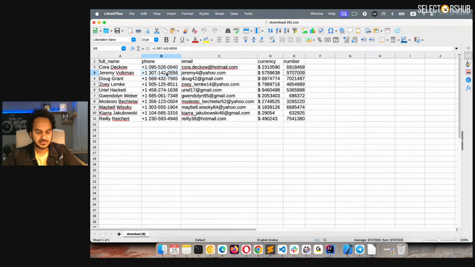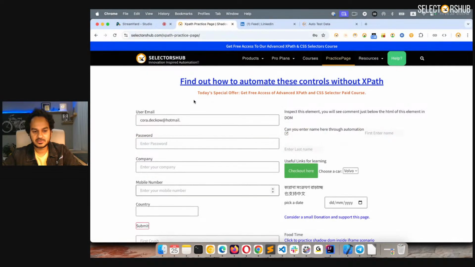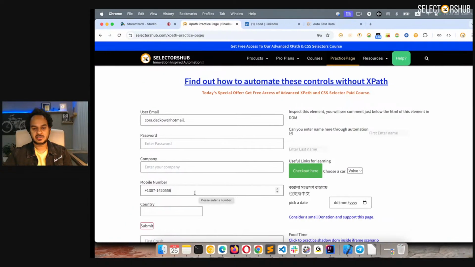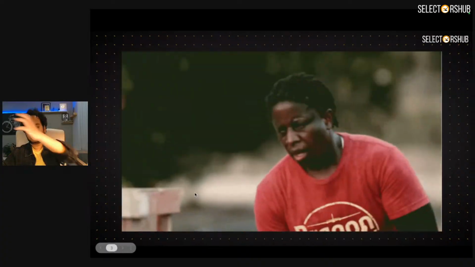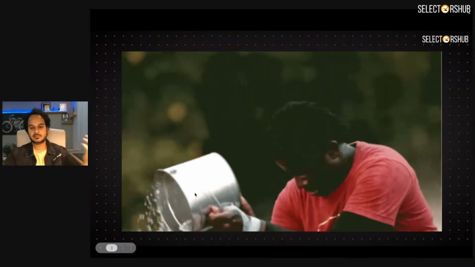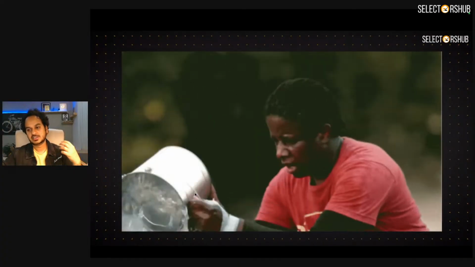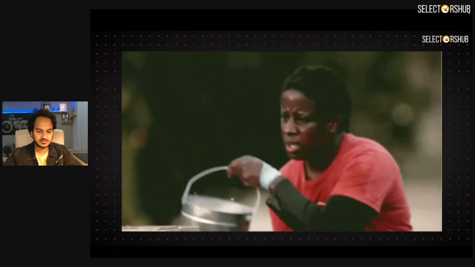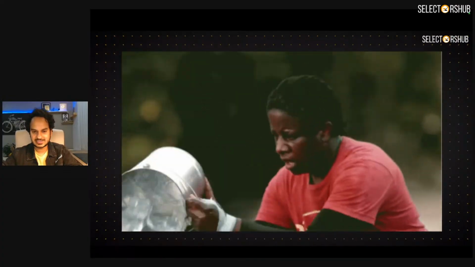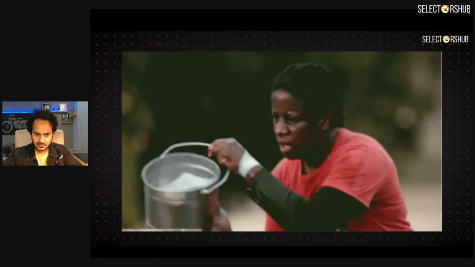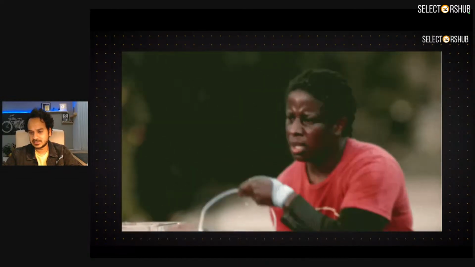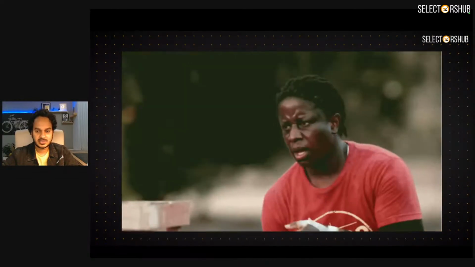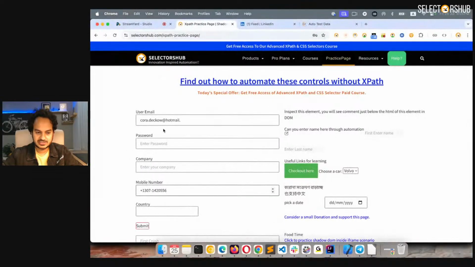Now suppose this one is there, you can copy this value and enter that value here. So this is something similar to what we have just seen, that we are getting the data from somewhere and then filling it in on our UI wherever we are testing. You might have seen some of the things which were there earlier, but to make this task easy